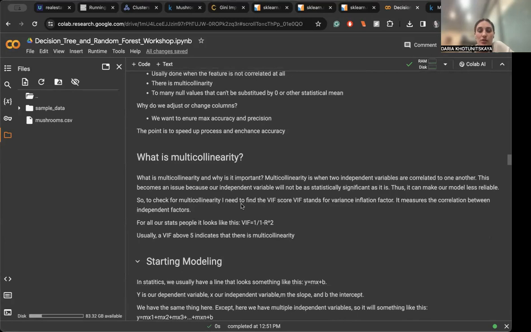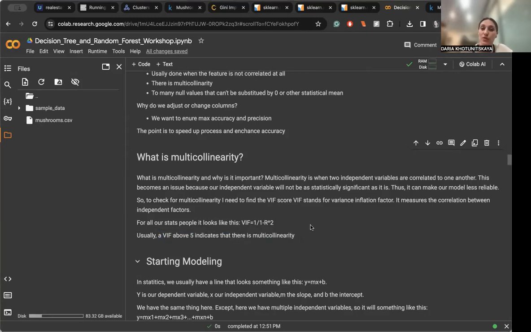So here is just a brief overview of what multicollinearity is. I have that again in the linear and logistic regression session to go over, if that is something you want to go over. Basically, this is the statistical formula that you want to use. And usually when we see multicollinearity above 5, that's an indicator, okay, we've got to fix this, this is not working. So we either have